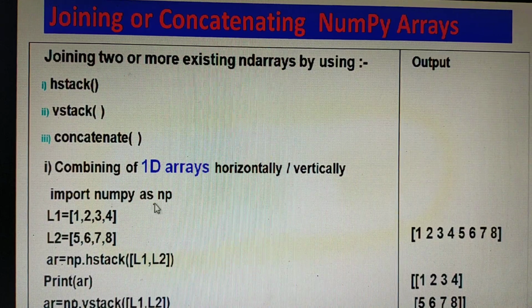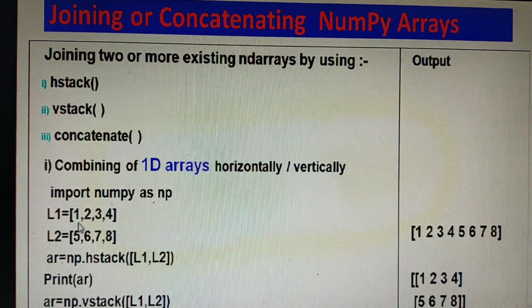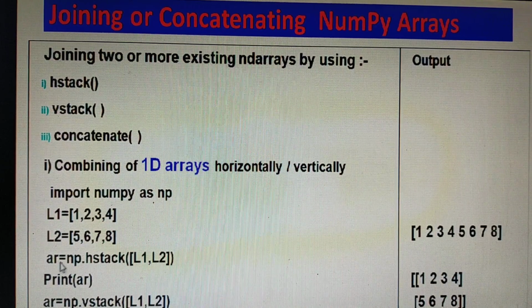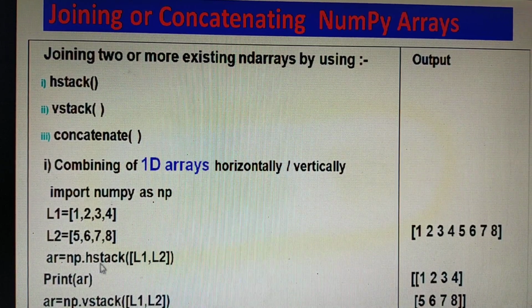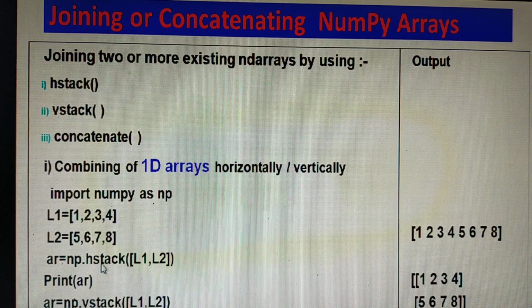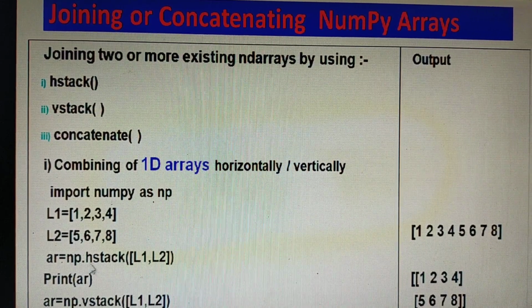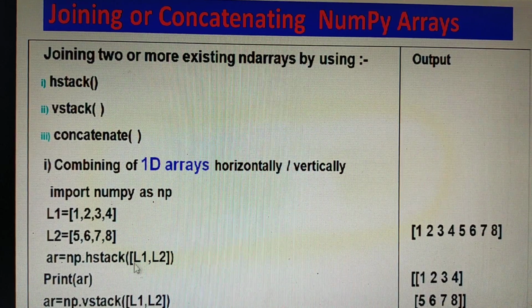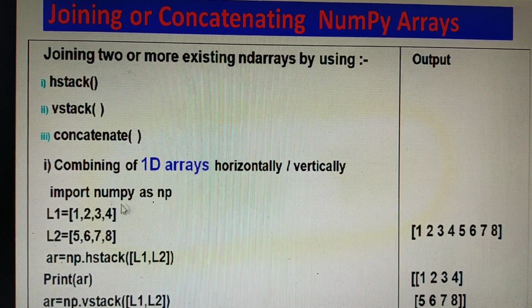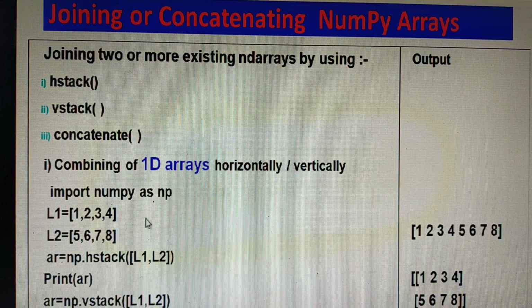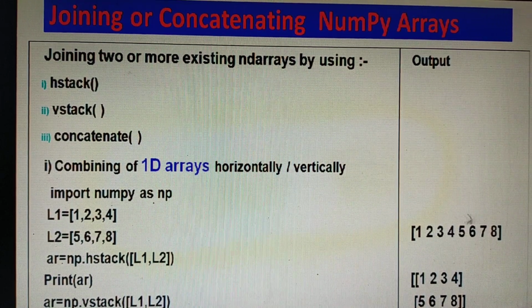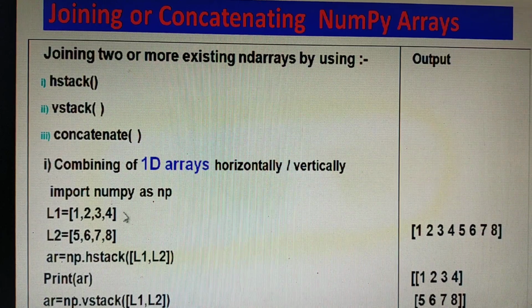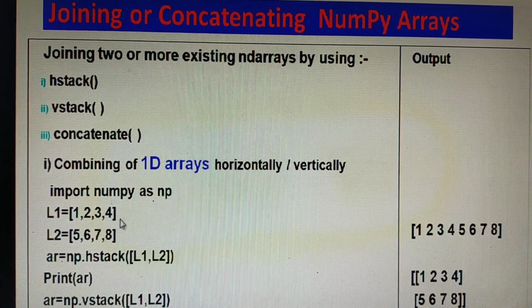So here, import NumPy. As usual, two lists are created, and now we are adding the two lists and converting them into arrays. So L1 and L2, hstack will add horizontally: 1, 2, 3, 4, 5, 6, 7, 8. You get this type of output because in horizontal stacking the columns are added, column wise.